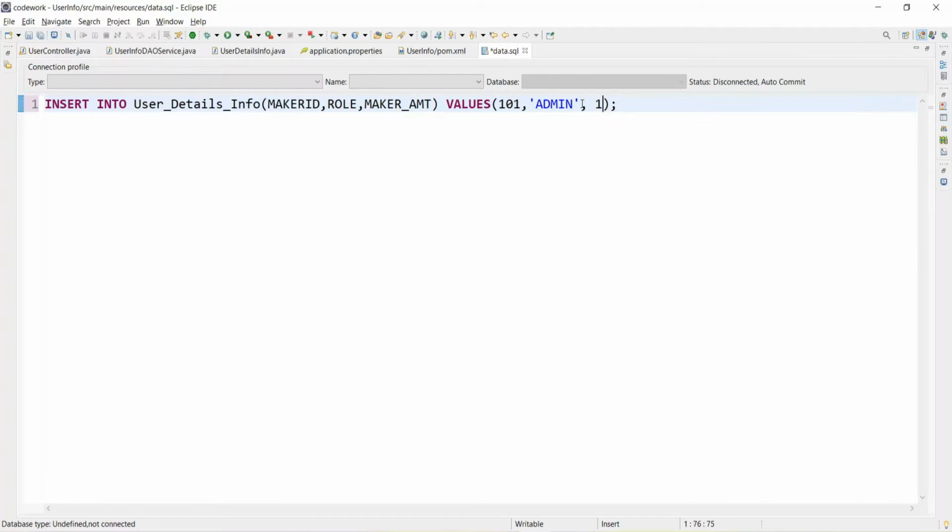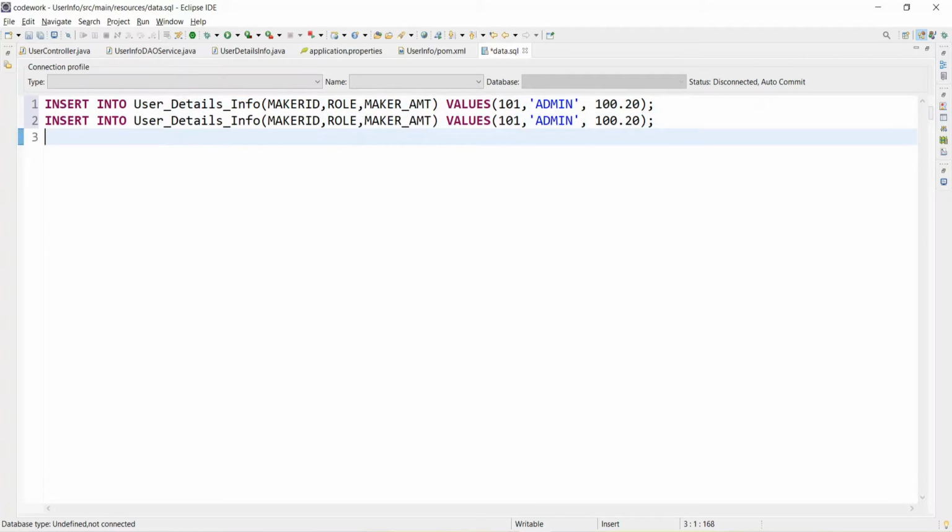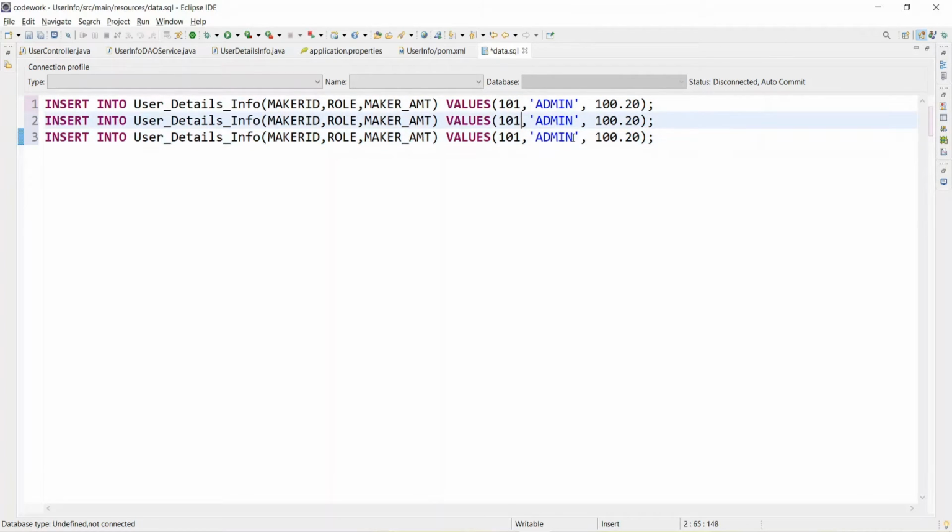Maker amount you can put 100.20. Let's copy this to two or three records, 102, 103, and let's say 200 and 300. Let's execute this now.